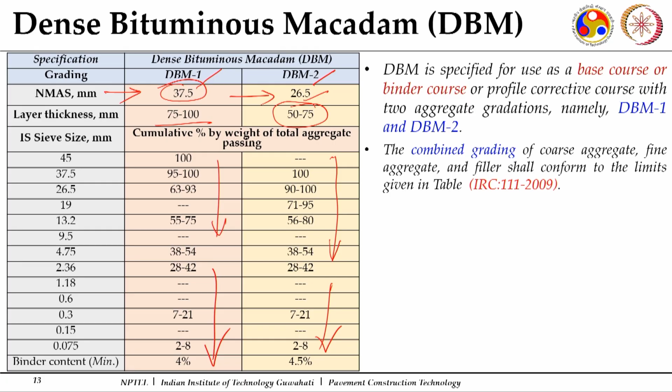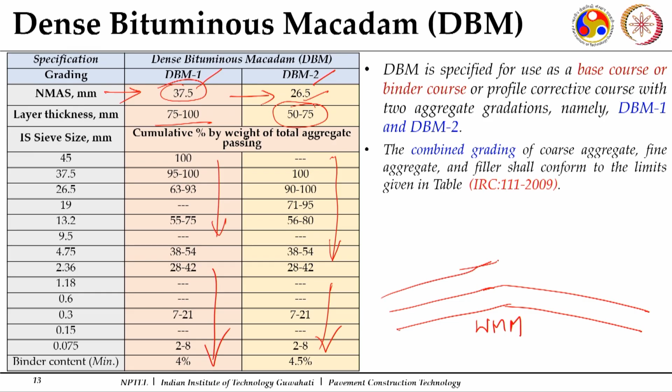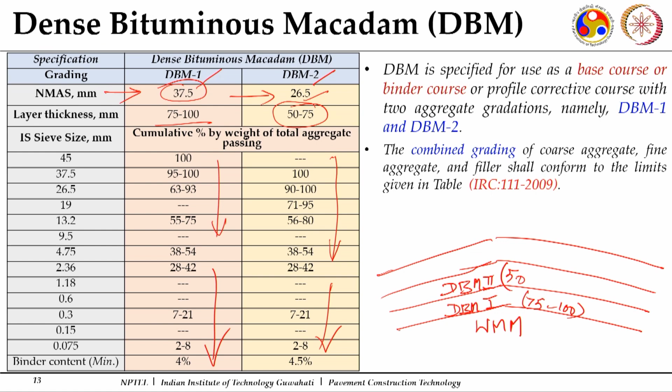Again, when we come to the design of bituminous mixes, we will return to this particular aspect. Now if I need to have 3 courses, I have a granular course, which I will call a wet mix macadam, my granular base course, over which I want to have a bituminous base course. In that case I will prefer to use a DBM 1 here, but the layer thickness should be in the range of 75 to 100. Over it I will prefer a finer one, which can be DBM 2, so this will become my binder course, and the layer thickness will be in the range of